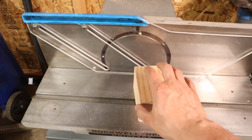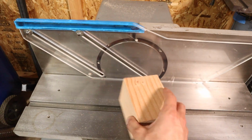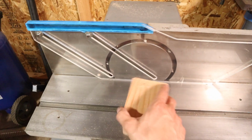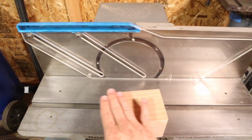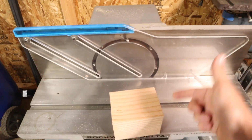Now, a thickness planer will get you somewhat flat, but it runs into issues when you get thinner pieces of wood, because it'll actually flatten out any of the bow that you have, and then it'll just pop right back as soon as it comes out of the rollers. A jointer, or in this case a uniplaner, on the other hand, does not have a lot of pressure on it, and so you can shave off the high tops all the way through there so that you get a nice flat face. But the question is, how does it do it, and how is this different than a